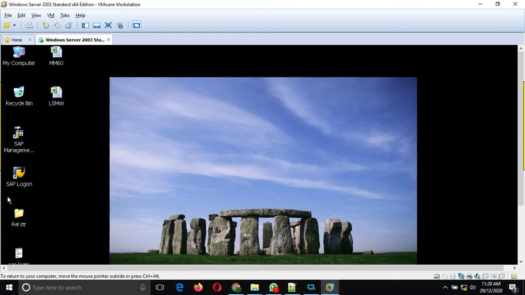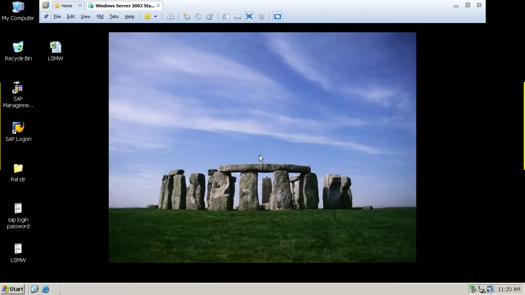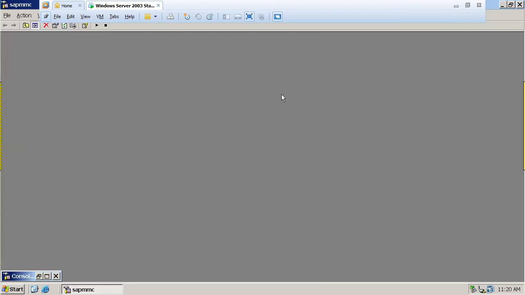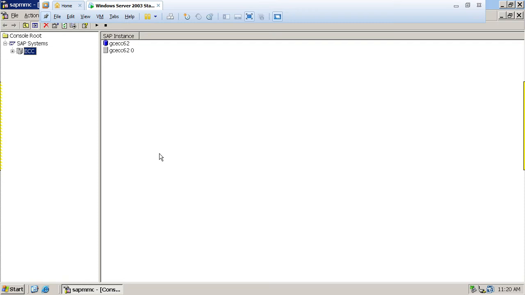This is the SAP Management Console and the SAP Login. You can use the full screen for this icon. First you have to open the console directly; we can't go into the SAP login. So first you have to log in to your SAP console, the management console. Again, you can use the full screen.